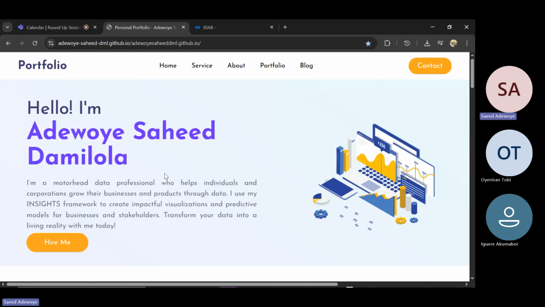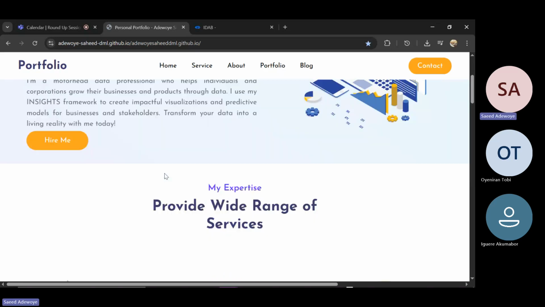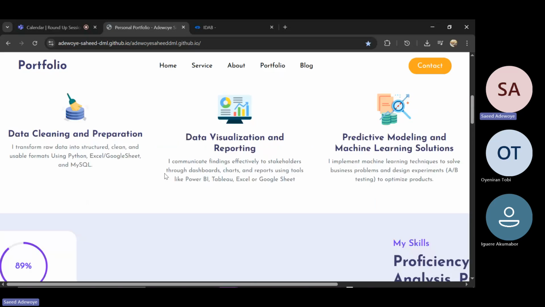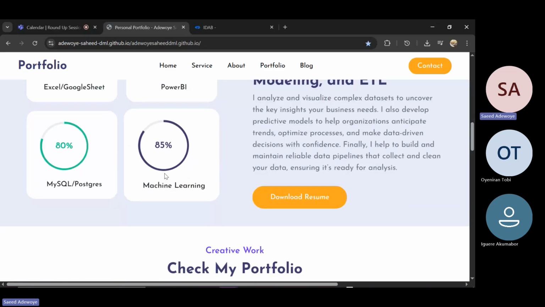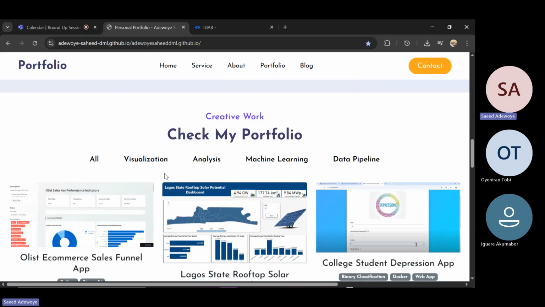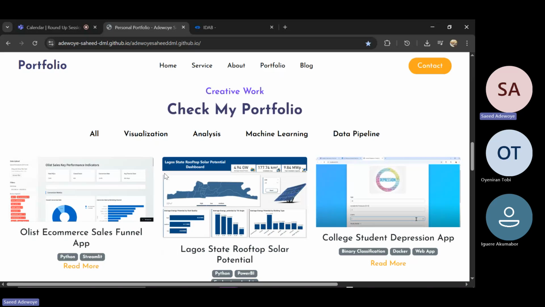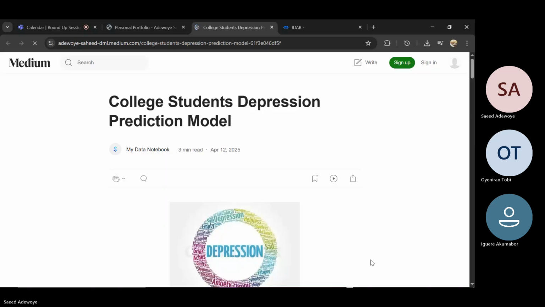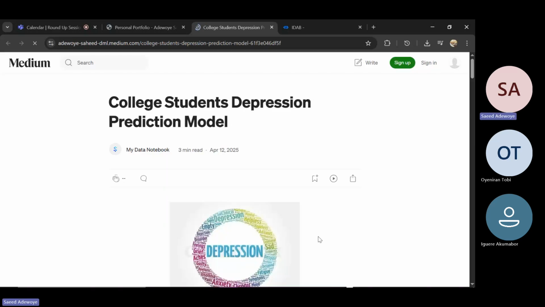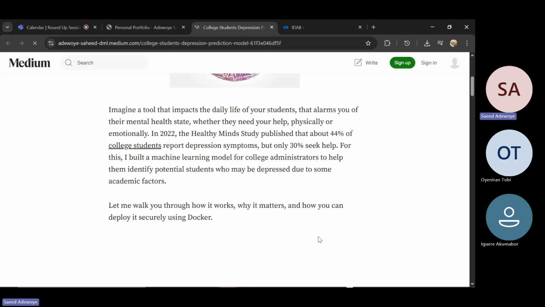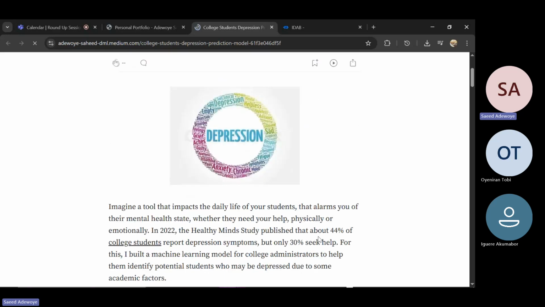So here's my portfolio website. Just don't mind all these parts for now. We are coming majorly to the projects themselves. Take for instance, let us just take this one as an example. Let's click on read more. And this is my Medium link for publishing all these things. So, using the STAR framework,